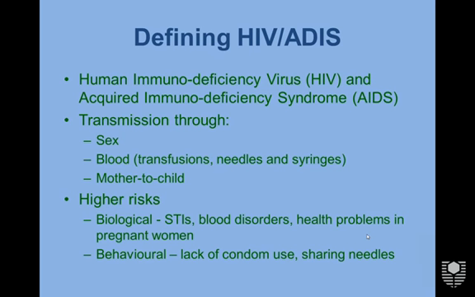What basically happens with this is that your immune system becomes compromised, reduced, your body is unable to fight off other diseases or conditions, and so you get a cluster of health problems that your body has to deal with, and it's got a reduced capacity to deal with them. Transmission of HIV is through sex, blood, mixing blood, either through transfusions, the sharing of needles or syringes, and through